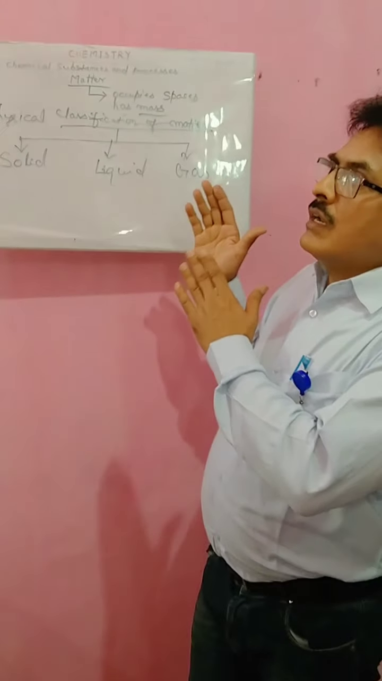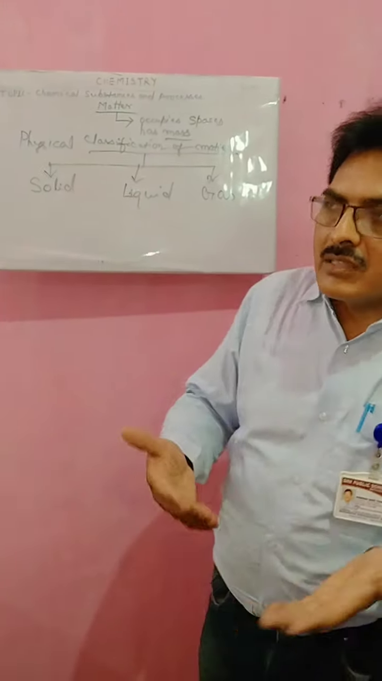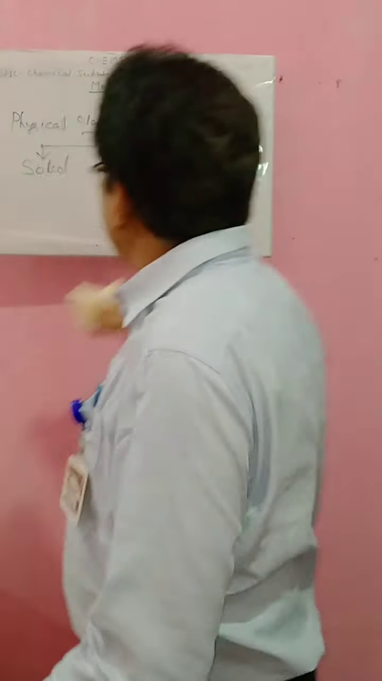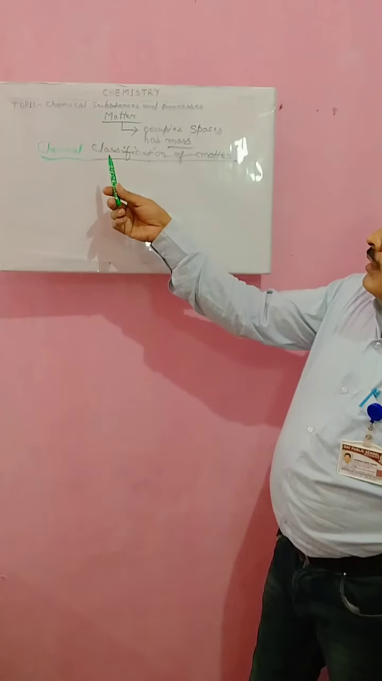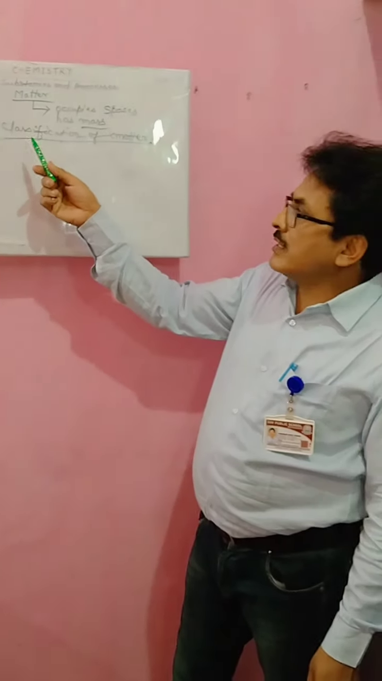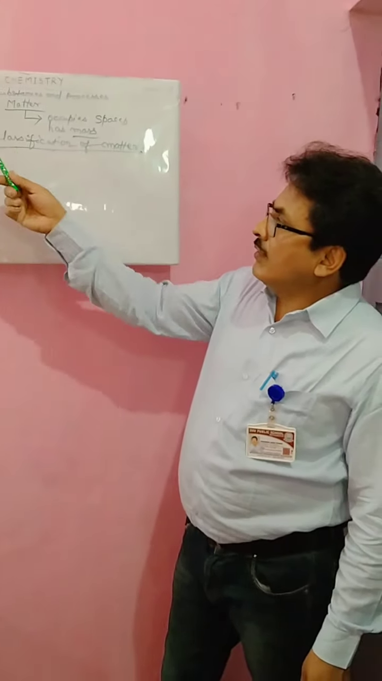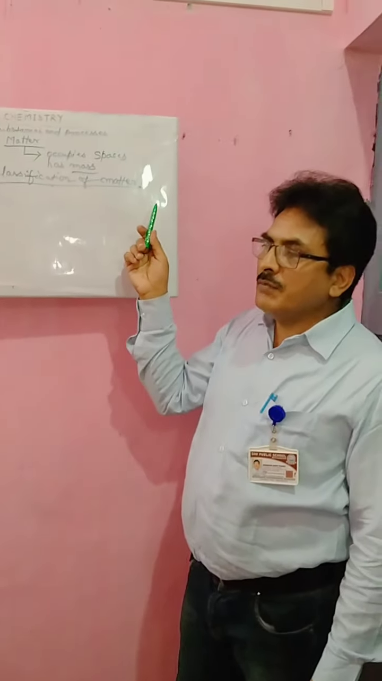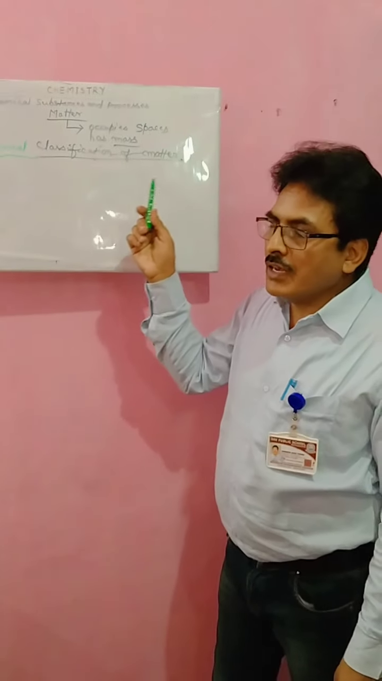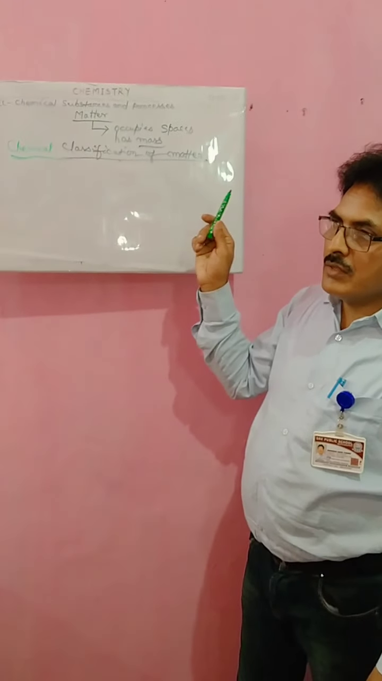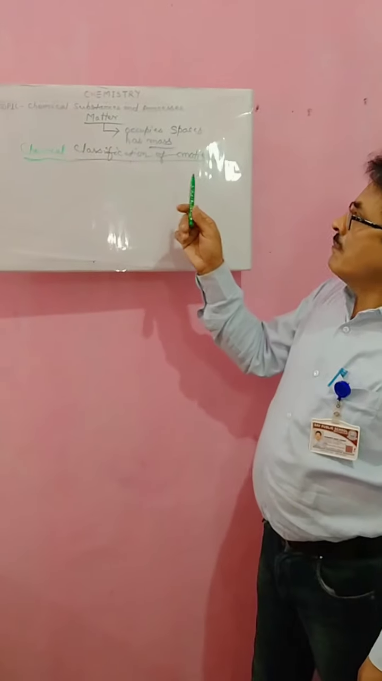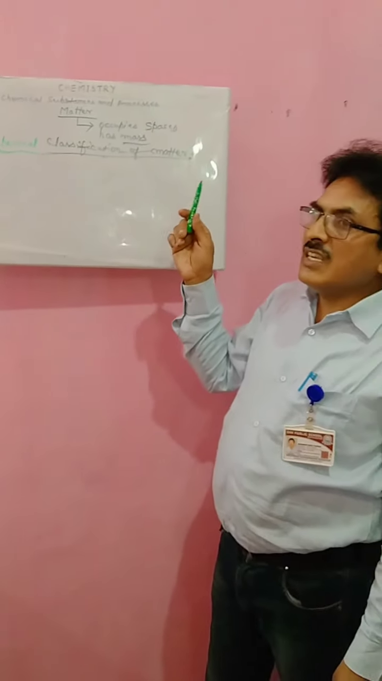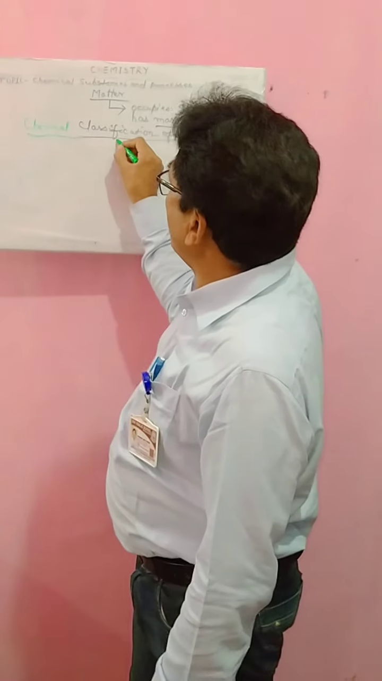Now we'll discuss the chemical classification of matter, right? We have already discussed the physical classification of matter. Now we have to discuss the chemical classification of matter, which means matter can be classified on a chemical basis also. On the chemical basis, matter can be classified into two parts, known as